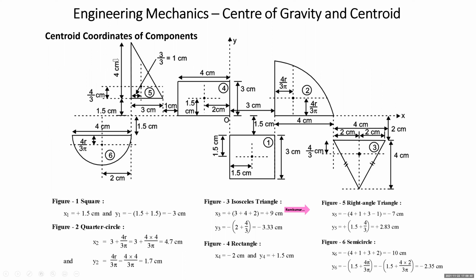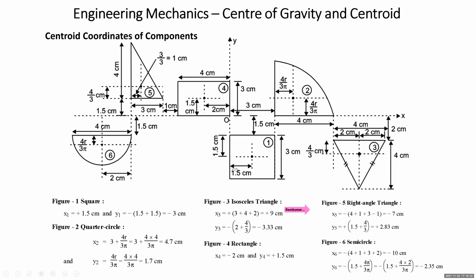In a two-dimensional coordinate system, x coordinate is measured right of y axis positive, left of y axis negative. Rather than remembering it as first quadrant, remember that x coordinate is measured from the y axis, right of y axis positive, left of y axis negative. Hope everybody understands. Now, y coordinate is measured from the x axis, above x axis positive, below x axis negative. Remember it this way rather than getting involved with quadrants. Never read the coordinates by asking in which quadrant it lies. Again, I repeat: x coordinate is measured from the y axis, y coordinate is measured from the x axis.